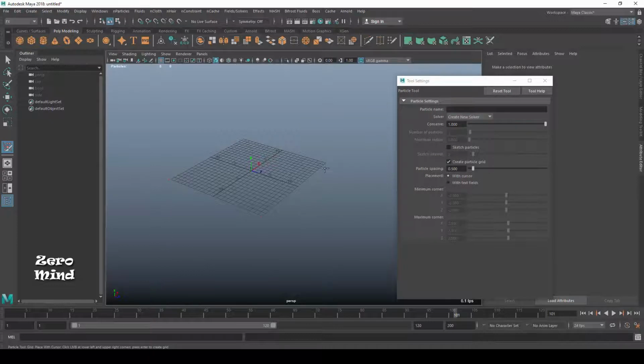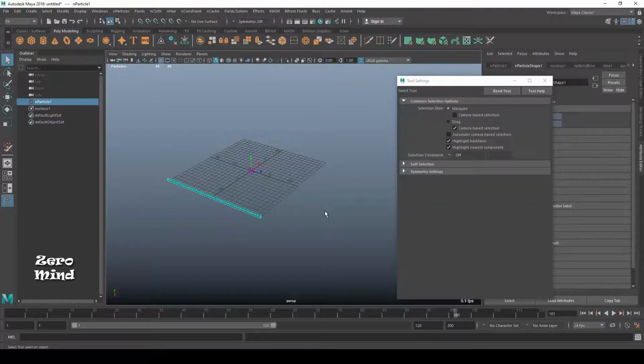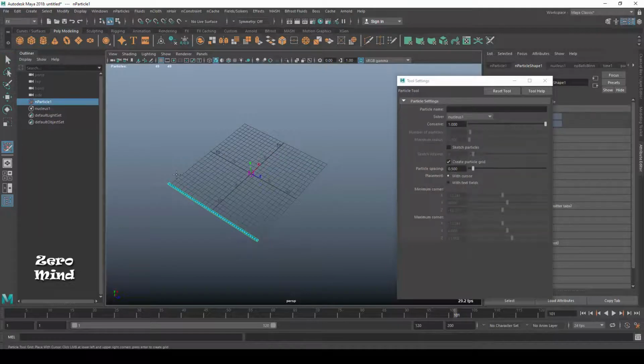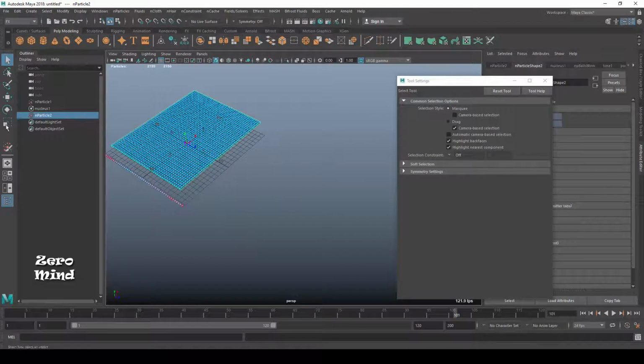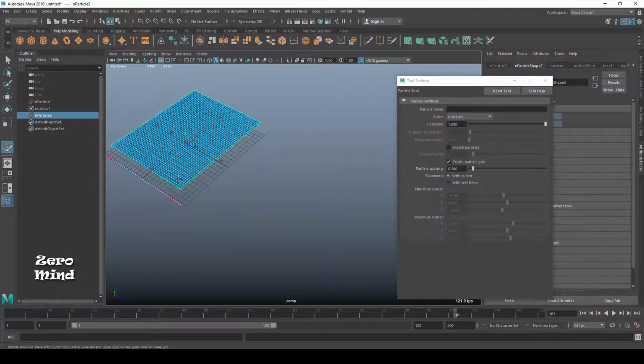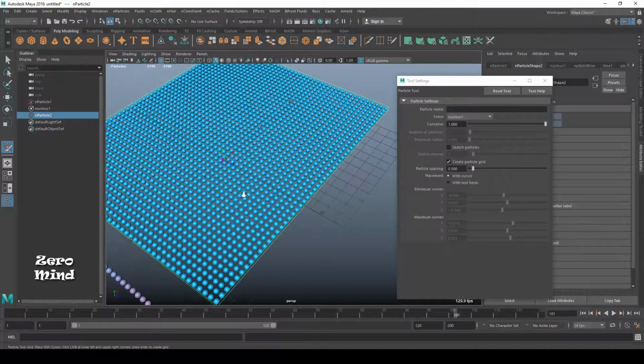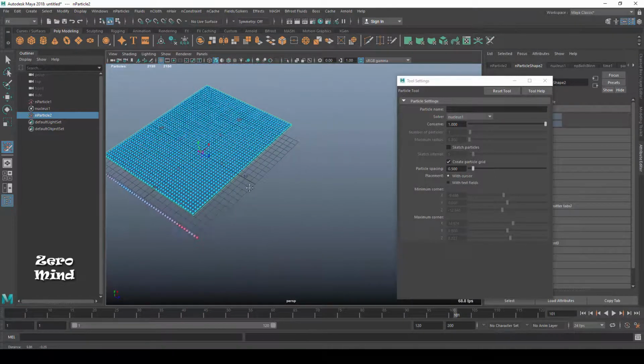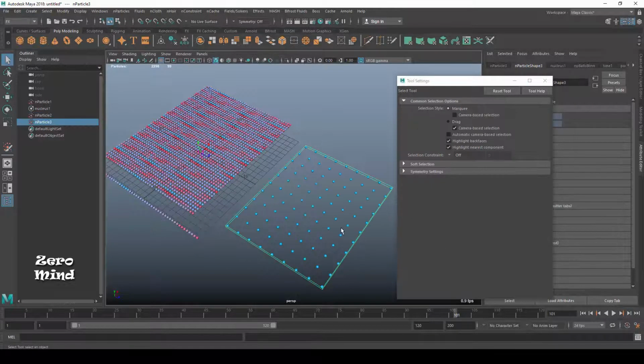With this option, you can create 2D or 3D N particle grids. Particle spacing. This option is only active when creating a particle grid.